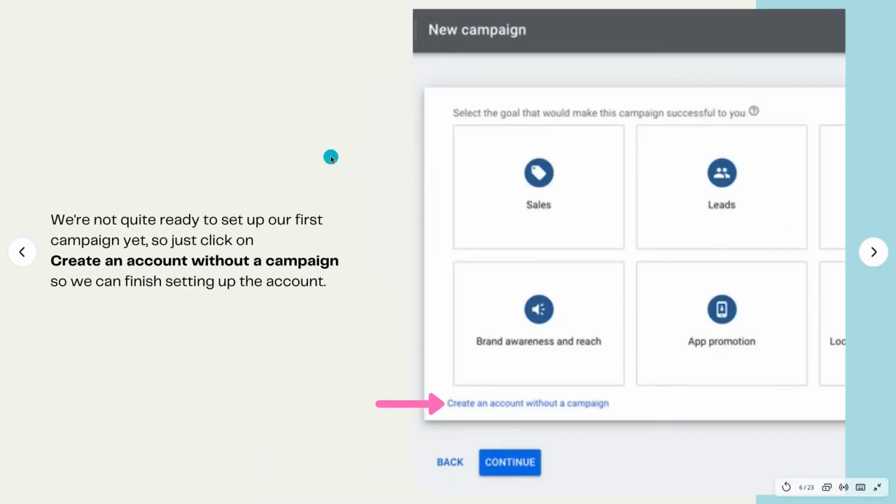So next step, it will prompt you to create a new campaign. We're just doing the basics today, so we're just setting it up, adding payment details. So we're going to skip this step for now. So you just click on create an account without a campaign. So we'll click on